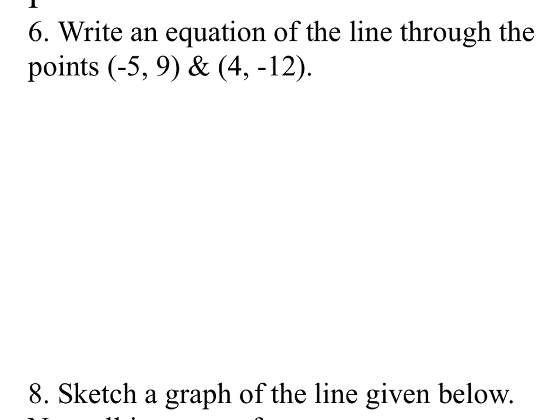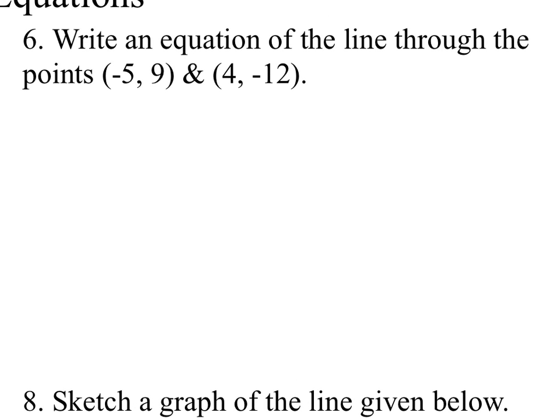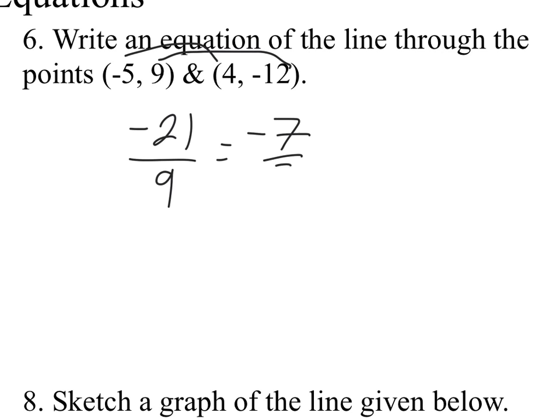Number 6, I'm asked to write an equation through these points. I need a point and a slope in order to do this. From 9 to negative 12 is negative 21. And from negative 5 to 4 is positive 9. I can reduce that and get negative 7 over 3. Using either one of these points for my point-slope form,